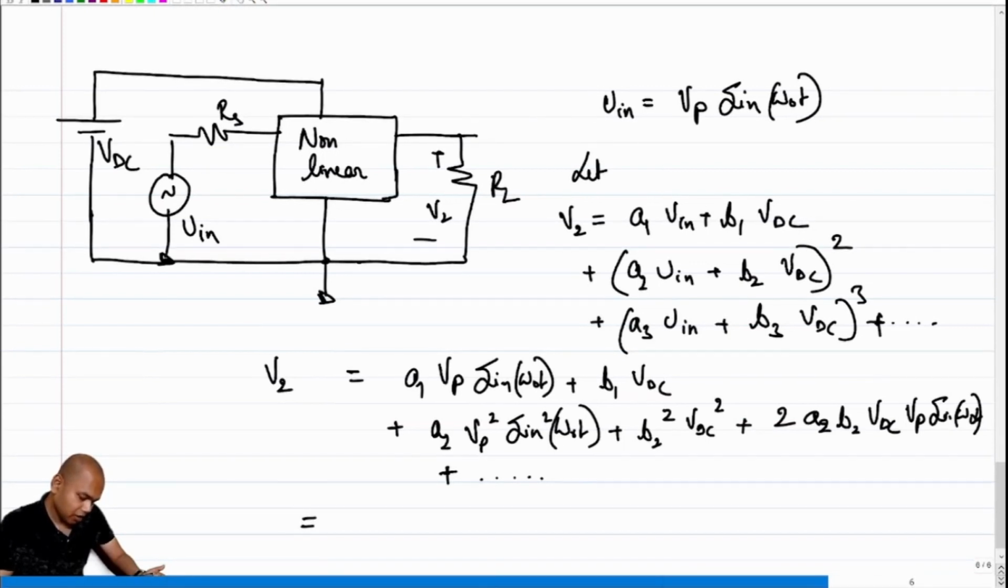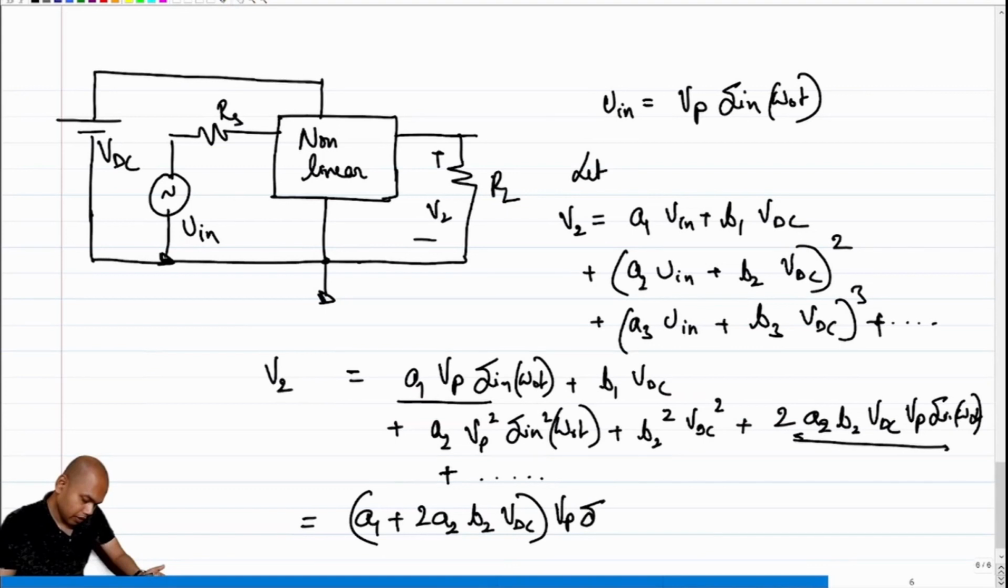What are the terms for sine omega t? The first term here, and I have this term here. So I get A1 plus 2 A2 B2 VDC, times Vp sine omega naught t, plus there will be a DC term, and the DC term will be this, B1 VDC, plus this, B2 squared VDC squared, plus there will be